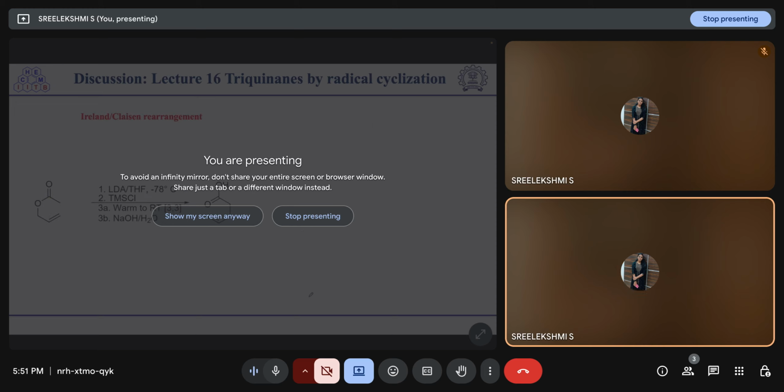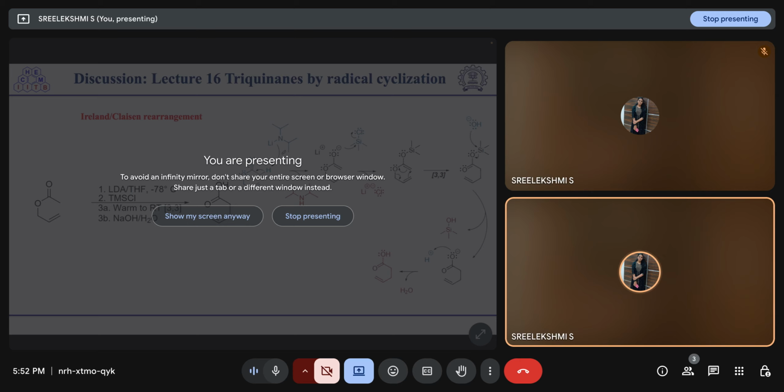Now the next lecture was about triquinanes by photochemical reaction. No, in lecture 16 itself we have seen the Ireland Claisen rearrangement. So here it is a kind of 3,3 sigmatropic rearrangement where we have already seen the mechanism before also. So here what is happening is that this compound, deprotonation will take place from the alpha position